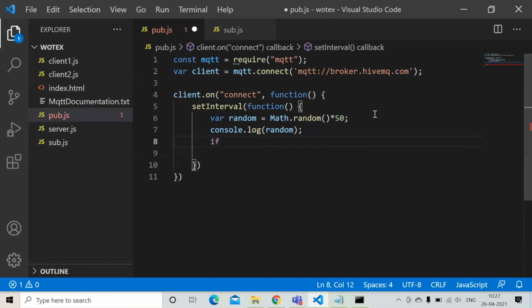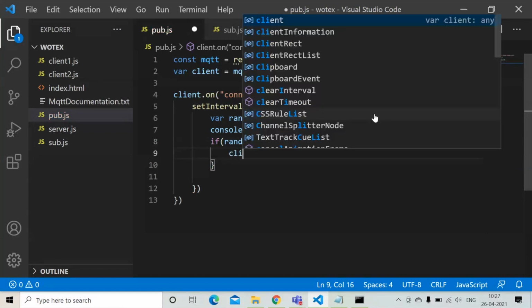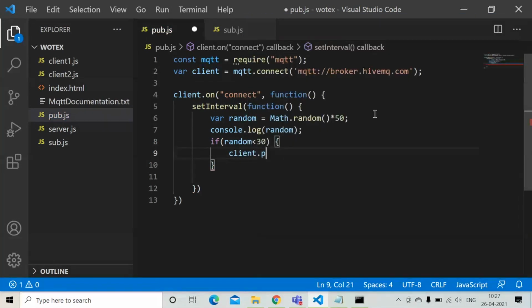So what I do is, if it is less than 30, for example, client.publish. It will be publishing to the clients. Let me say the topic name is Pradeep Kumar.